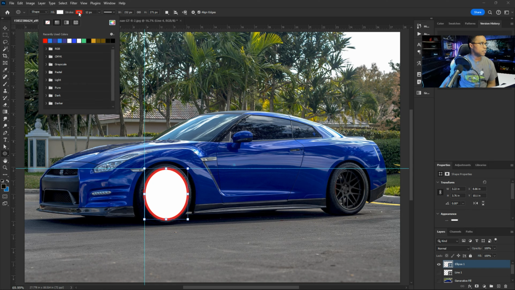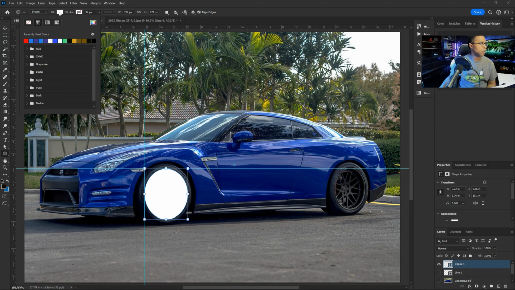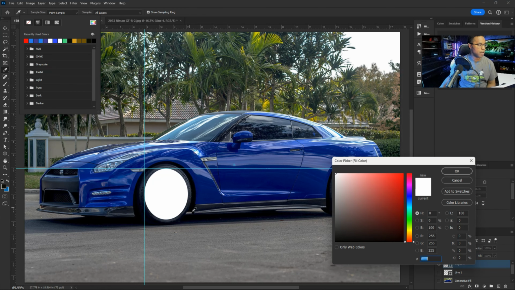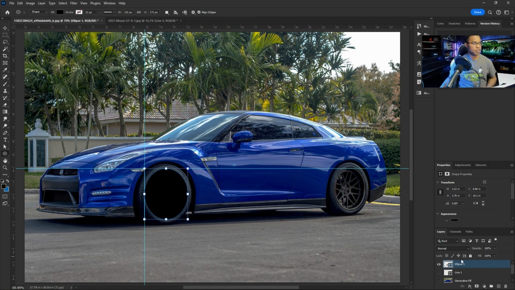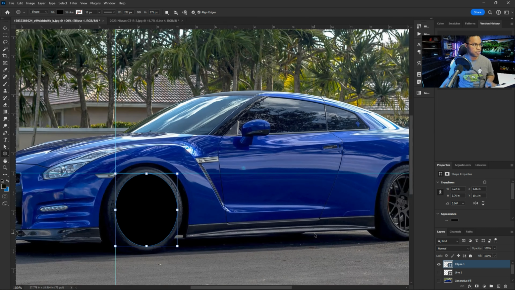And we'll want to clean this up. Usually no outline. And then I will fill it with whatever the darkest color is around the wheel. So go look inside the wheel well. If you just click inside there, you should get a really deep black. Sometimes it'll be a dark gray, a dark bluish gray. But you just want to get that nice deep color so that it looks like the wheel is essentially gone